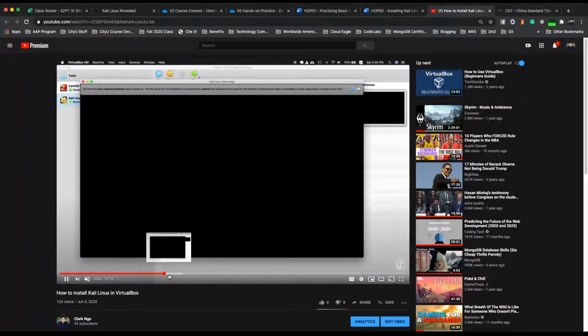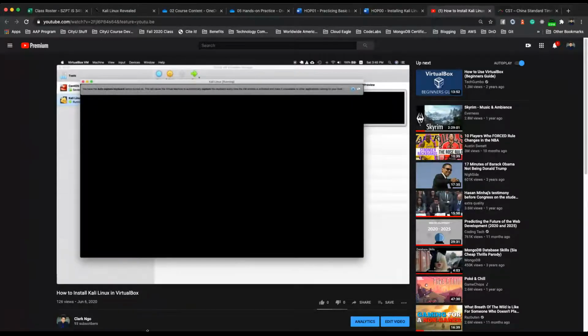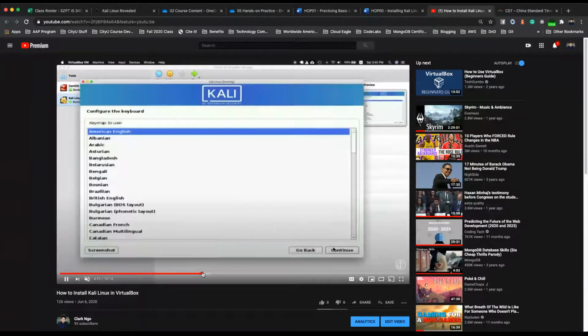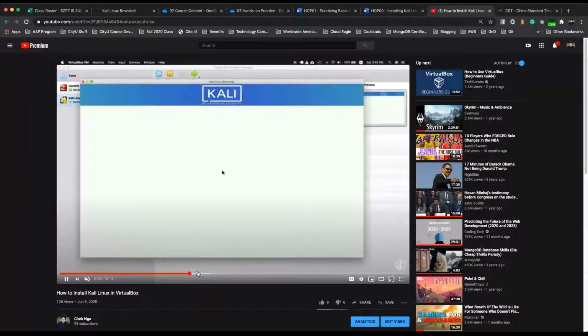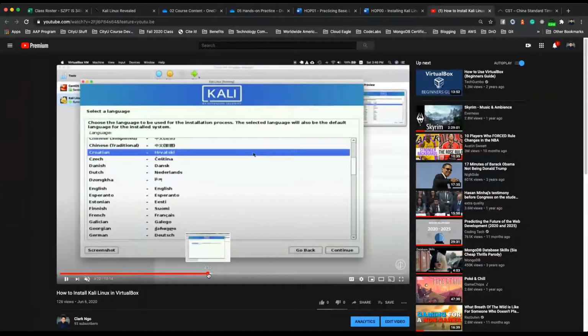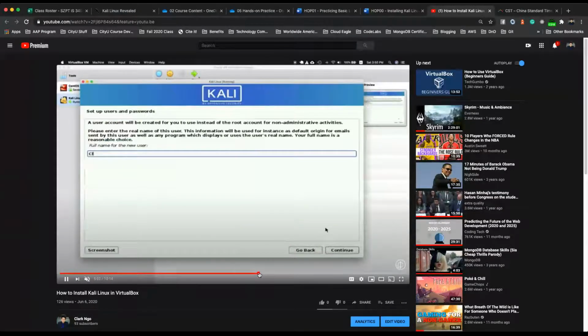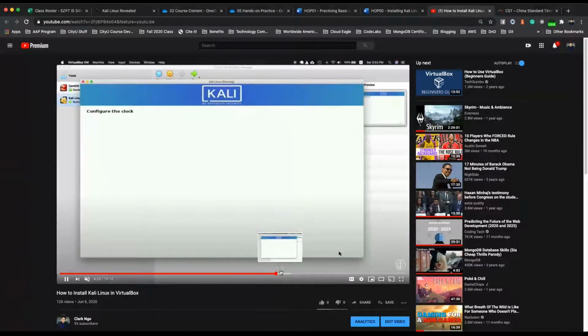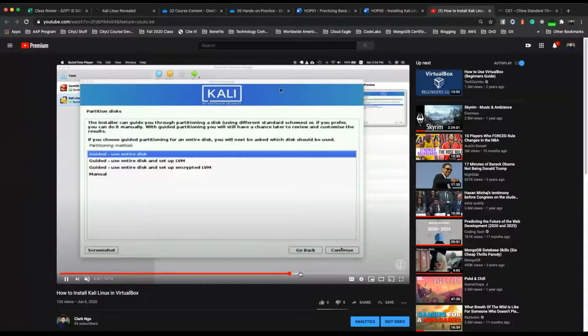This is just going through the steps, and after that you would have a separate screen showing the guest operating system. In this case, I think it was a bit slow because I allocated very little memory. It would ask you a few questions for initial setup and root access privileges.